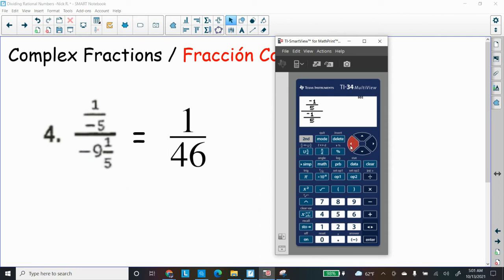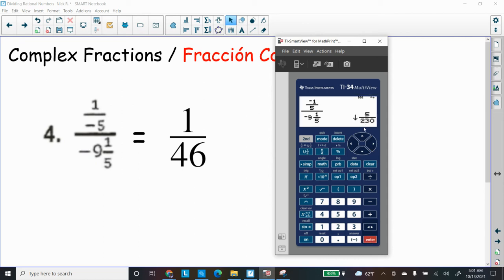And let me move back because I want to put a negative 9. And let me move over, delete that. So there it is. Okay, now it looks exactly the same as what I have there. Negative 1/5 on the top, negative 9 and 1/5 on the bottom, and that should give us